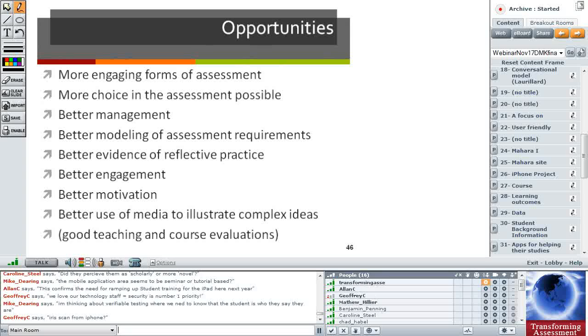I think what we've learned from the project is there are some real opportunities for more engaging forms of assessment. Certainly the levels of engagement in the classes have been very, very high, and by using the mobile tools, we've actually been able to increase the choice of assessments that we do. And the mobile tools have made the 3 sets of assessment plus the practice processes plus the peer feedback processes much, much more amenable, much easier for the students to do. It's also allowed us to highlight the best practice amongst the students.